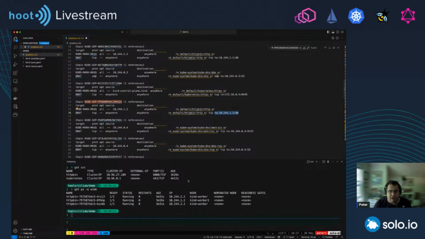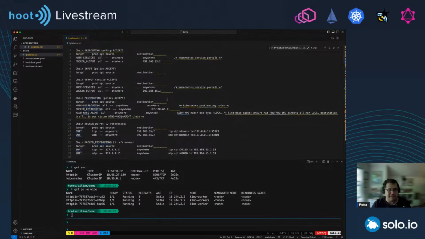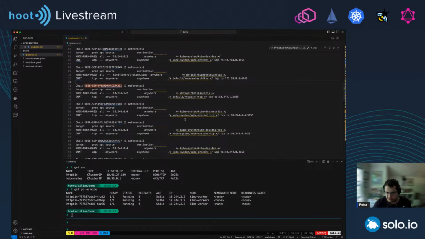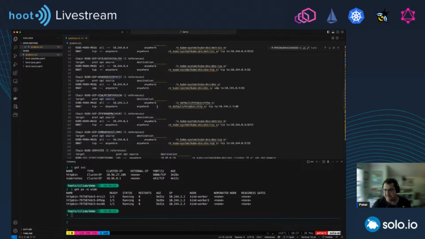And it's just going to route directly to, in this case, this pod down here running on port 80. Once you understand how everything fits together, it's not that complex to read these, but it can be very daunting if you're reading it for the first time.